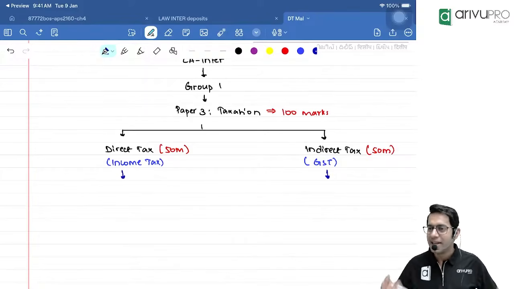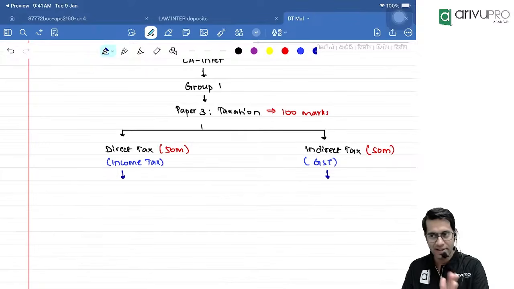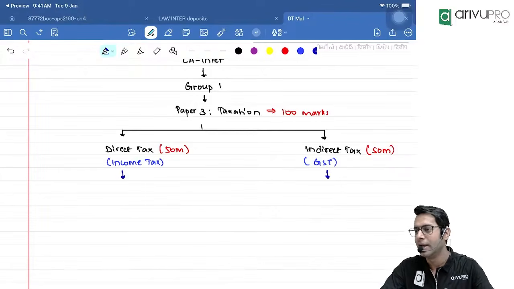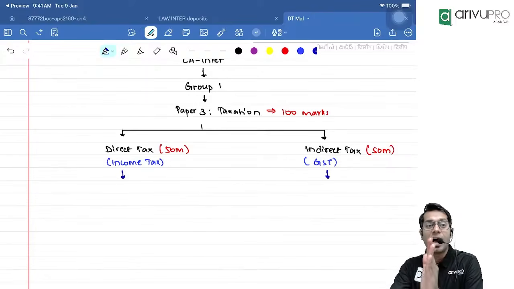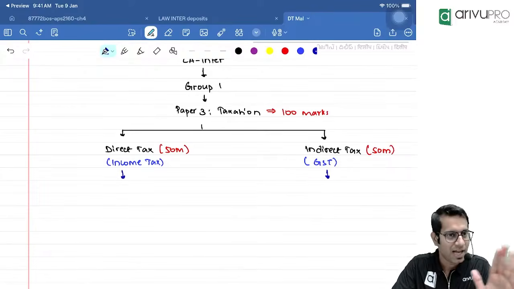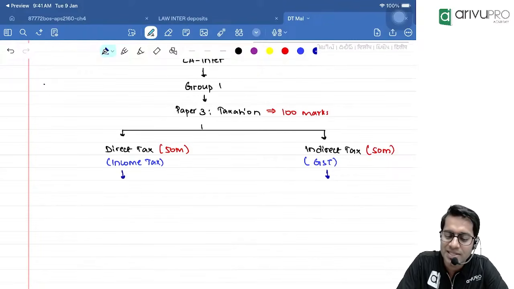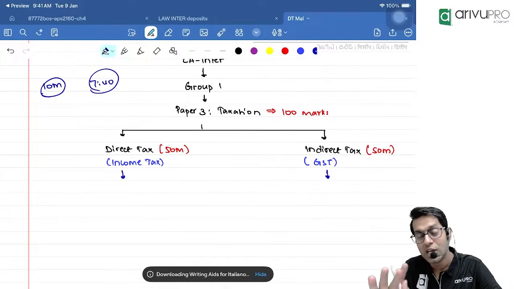In my class, there is one small simple rule. The class starts at 7:30. Let us say I come at 7:35. Sometimes it may be possible, but I normally don't come late. After me, if someone is coming, anytime, I give a cutoff time of 10 minutes. Till 7:40 you have the liberty to come inside the classroom. If you come after